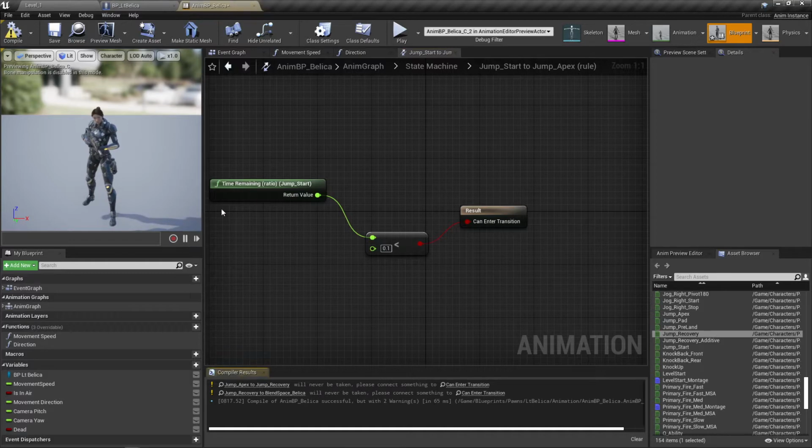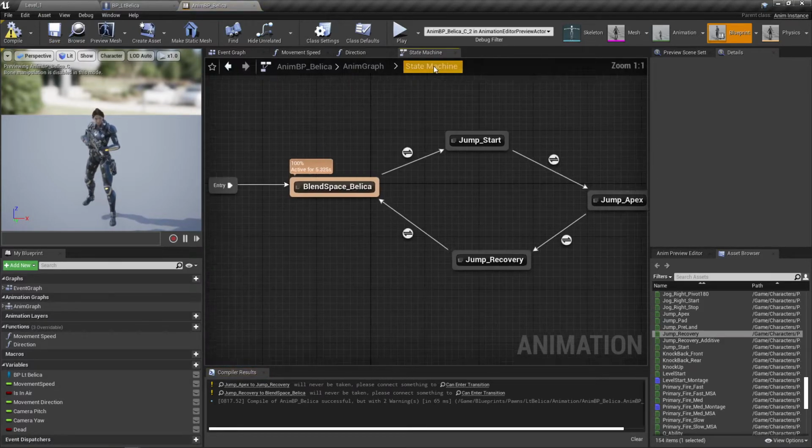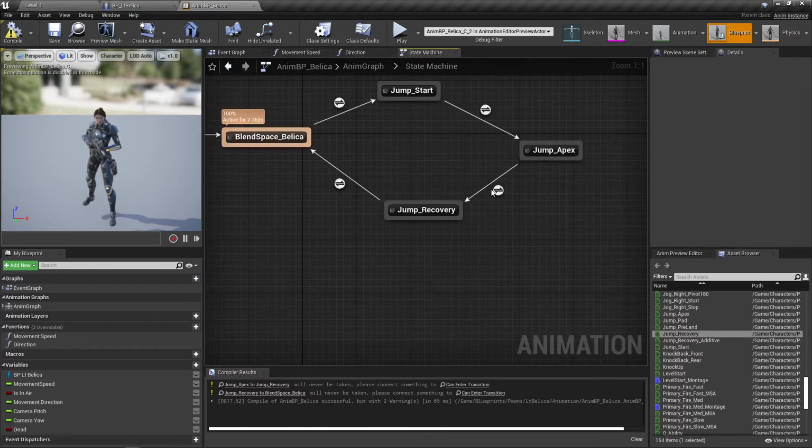So we're going to go ahead and compile that. We still have those other errors. We're going to save this real quick, go back to our state machine, and move to the next one. In this next one,